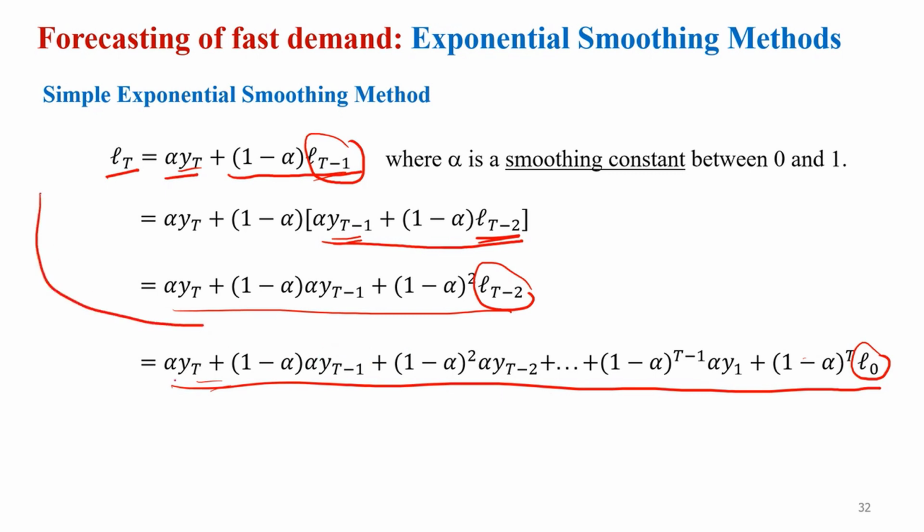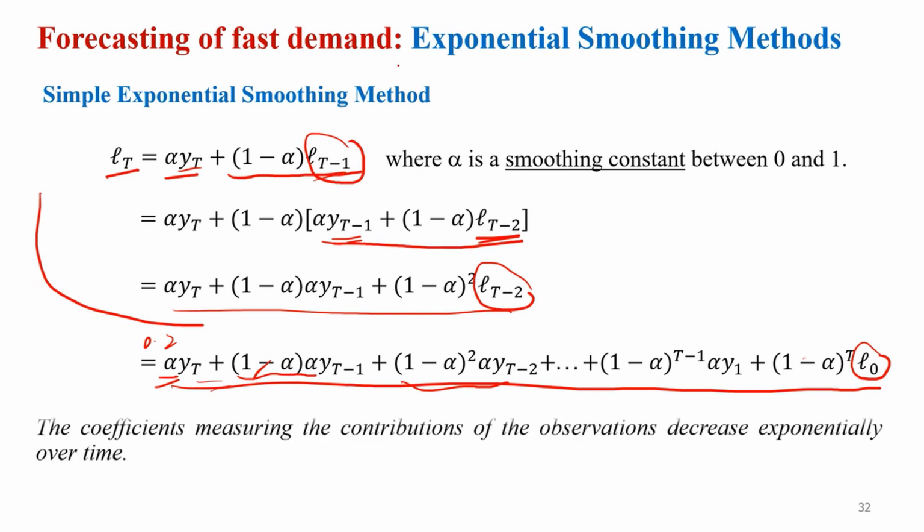Okay, so let's say we take alpha as 0.2, then this particular value is going to be less than 0.2, and this value is going to be less than this one. Okay, so that's why we are saying the weightage of the previous time period is going to be lesser and lesser. That's why we say that we are assigning the weightage exponentially to the previous values. Okay, so the more current the value is, the higher the weightage is going to be assigned by the exponential